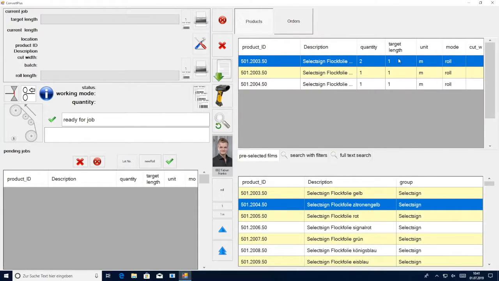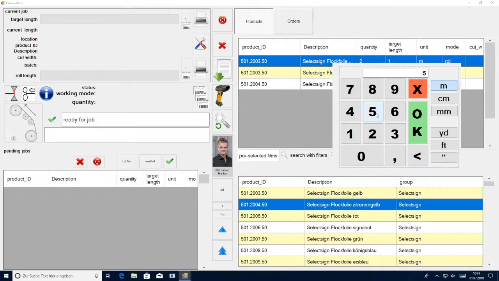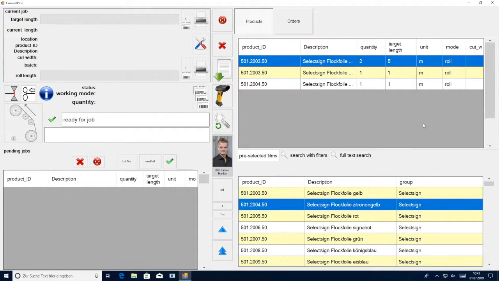Next, we're able to change the target length. This displays the length that you desire to reach with your rewind, and you are also able to change between meters, centimeters, millimeters, and also yards, feet, and inches. Lastly, we're able to change the converting mode, which allows users to select between roll, sheet, and measuring. Roll mode allows operators to do a regular rewind of a certain length that they desire. Sheeting mode is used for when a customer needs a certain quantity of sheets, and measure mode will measure a full roll of material to get an exact measurement.